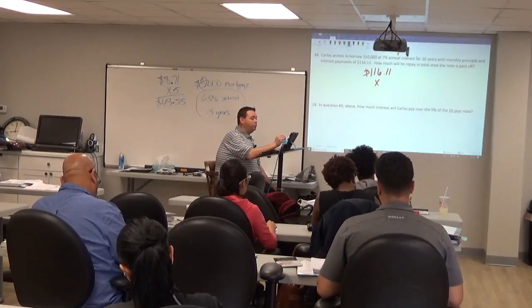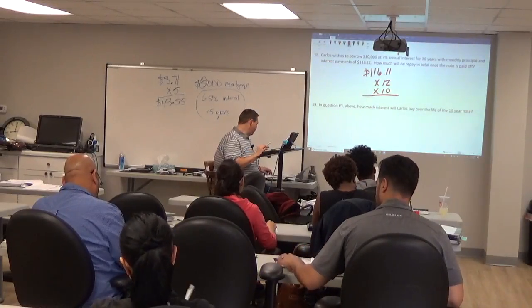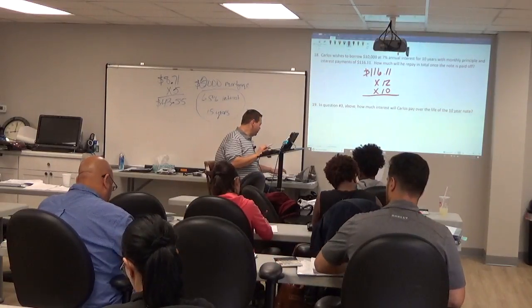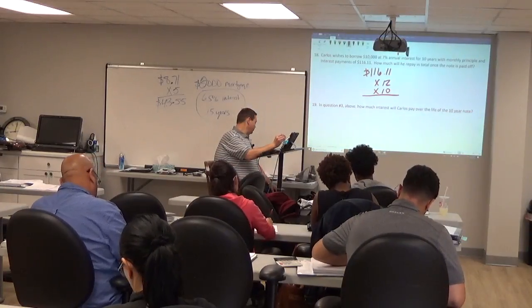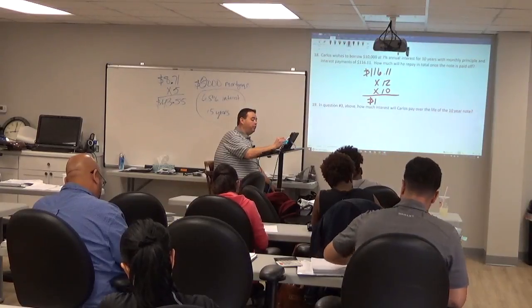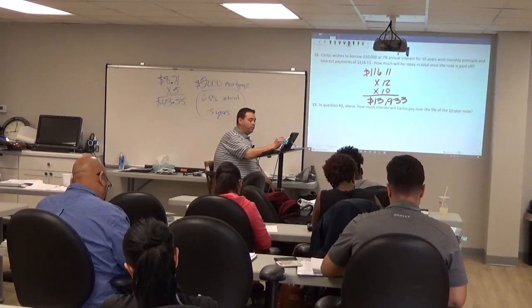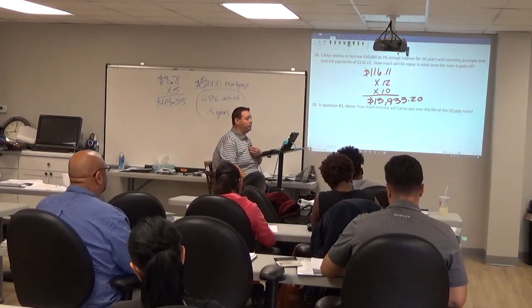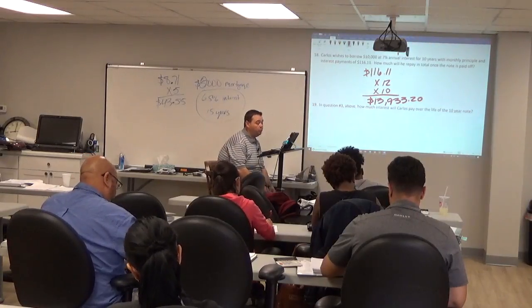116.11 times 12 times how many years? 10 years. $13,933.20. Okay, so that's a total of $13,933.20. And then the follow-up question is, in the question above, how much interest will Carlos pay over the life